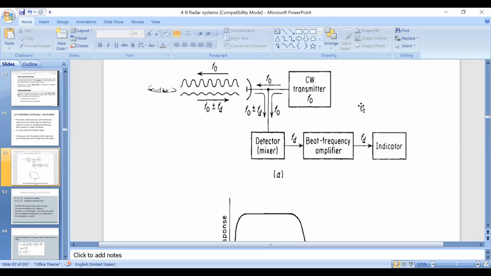But what is the ultimate aim of this continuous wave Doppler radar? It should only detect the echoes from the moving targets, not echoes from the stationary targets, right? So that means here this beat frequency amplifier is acting as a filter as well as an amplifier, which allows the echoes of moving targets and rejects the echoes from the stationary